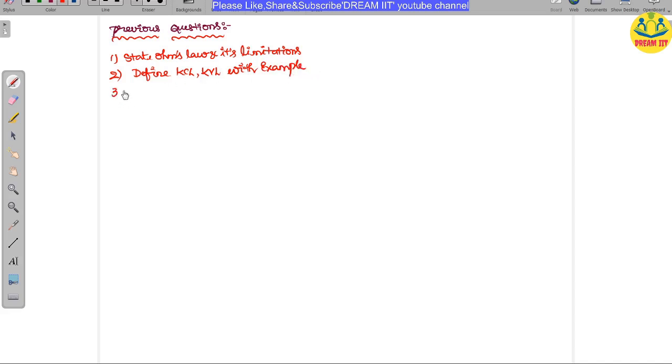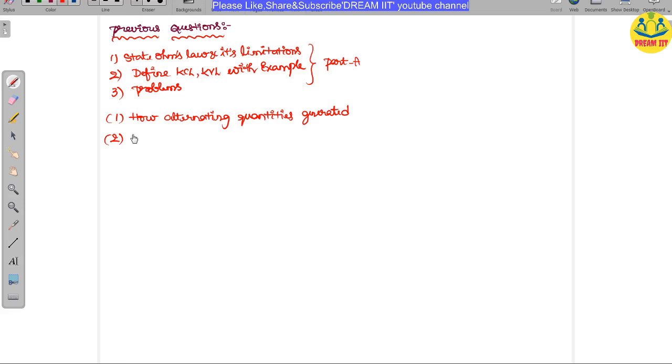Third question, they will ask problems only, there is no choice here. So only 2 theoretical questions are repeatedly asked up to now. These questions I have taken from part A. When you go for part B, the first question is very important: how alternating quantities are generated. You can explain with the diagram which is there in the videos also.